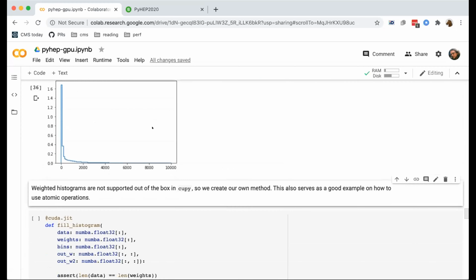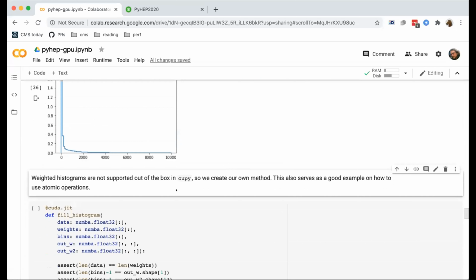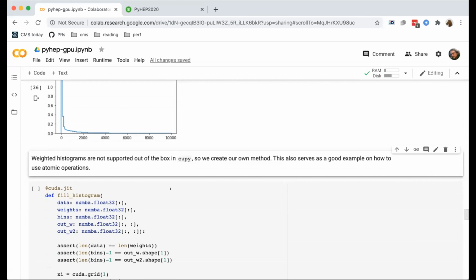However, typically we need weighted histograms. Unfortunately, they are not supported out of the box in CuPy. So here we create our own method for this. This also serves as a good example of how to use atomic operations. So this is kind of what you will find in a typical tutorial for CUDA programming, how to execute